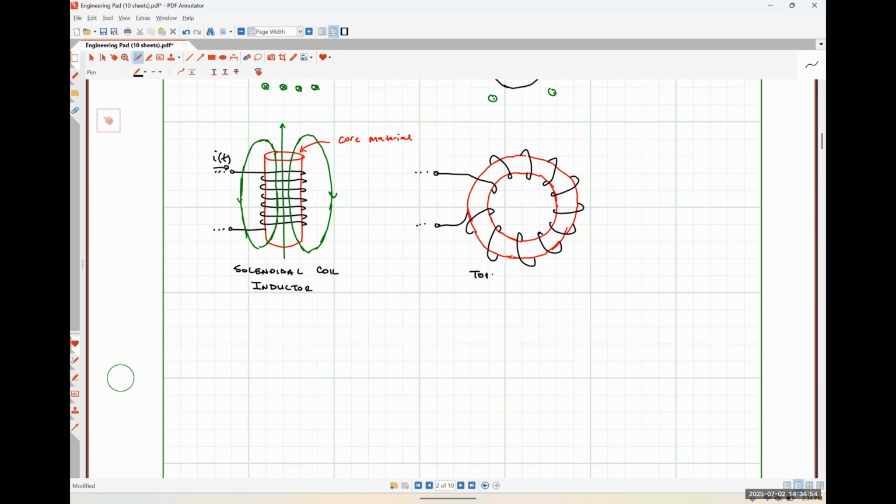Again, this is a toroidal coil inductor. So let's say that our current I of t is flowing in this direction. And so what this toroidal coil inductor does is it effectively completes what would commonly be called a magnetic circuit, but we're not going to really dive into that in this class literally